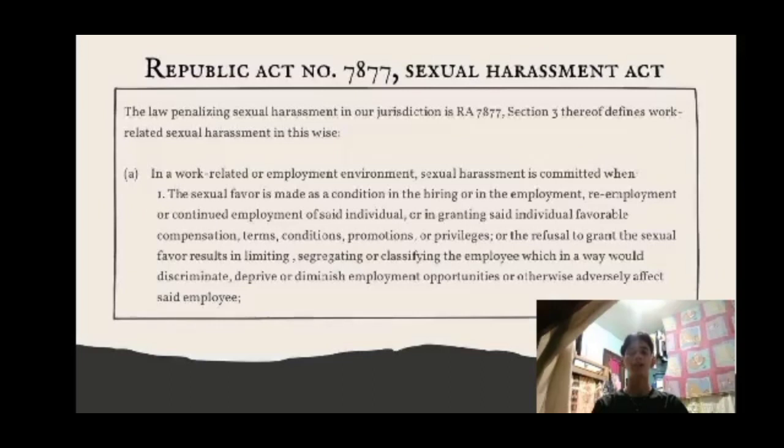Next is Republic Act number 7877, the Sexual Harassment Act. The law penalizing sexual harassment in our jurisdiction is RA 7877. Section 3 thereof defines work-related sexual harassment in this wise: in a work-related or